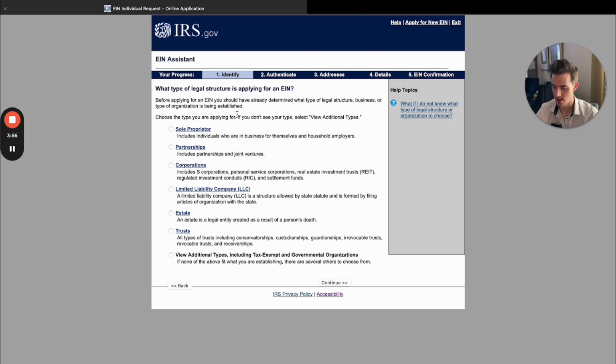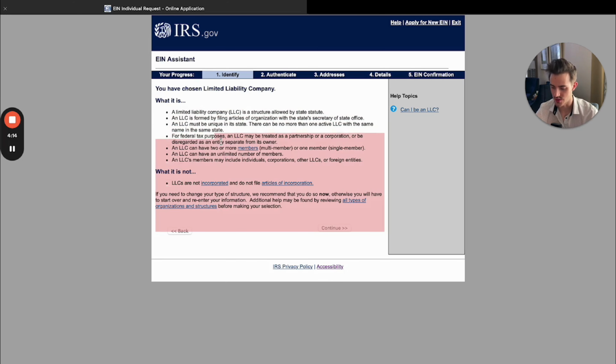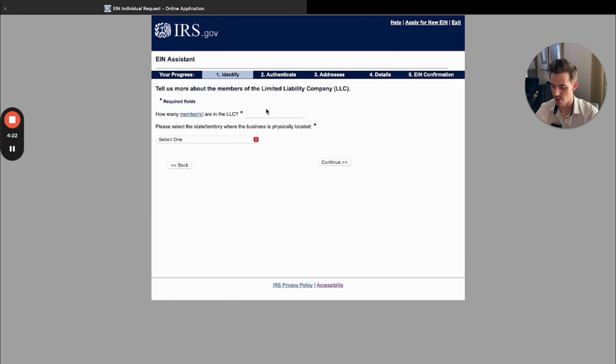application button right here. The first step is deciding what kind of entity or business you are. In our case, we are going to be a limited liability company, LLC. We're going to hit continue. This gives you a little more information on what an LLC is to make sure you're picking the right option. We'll hit continue, and this is asking how many members are in